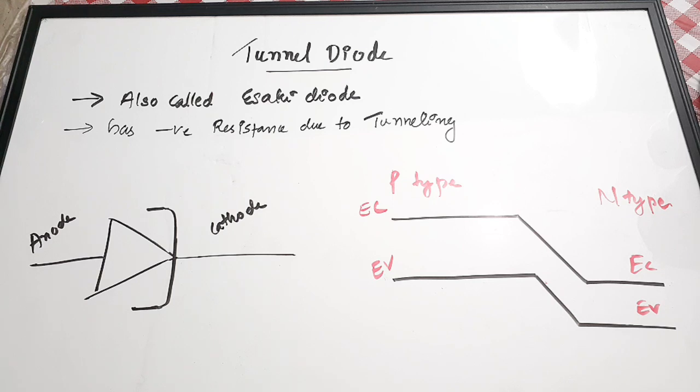I won't be covering all the unwanted theory. We'll be discussing the tunnel diode topic from an exam point of view. The symbol of the tunnel diode is very important, because in competitive examinations you can face match the following questions. Sometimes you'll be given the symbol and you have to identify what type of device it is. You have to identify that this is a tunnel diode. This is the symbol of a tunnel diode, which has an anode and a cathode. It has a cathode like this, and this is the anode.